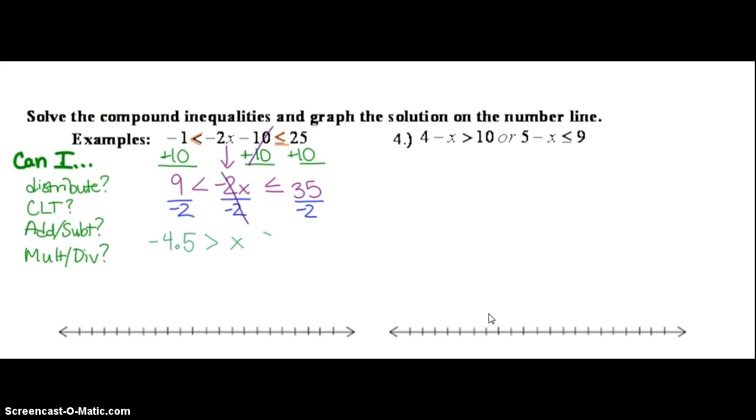The less than sign becomes a greater than sign. My less than or equal to sign becomes a greater than or equal to sign, and 35 divided